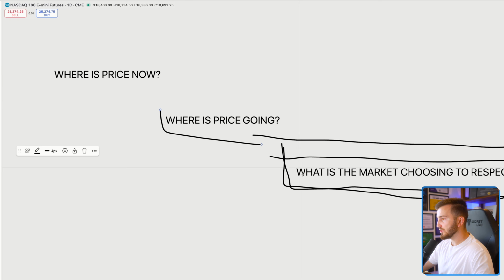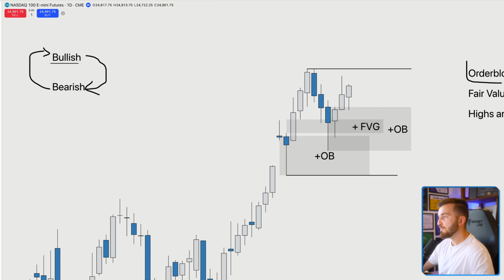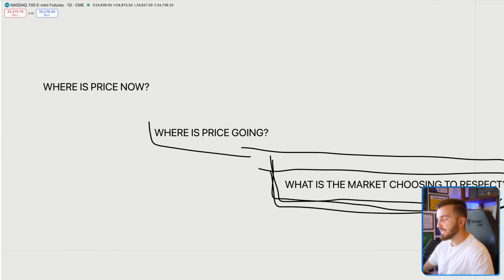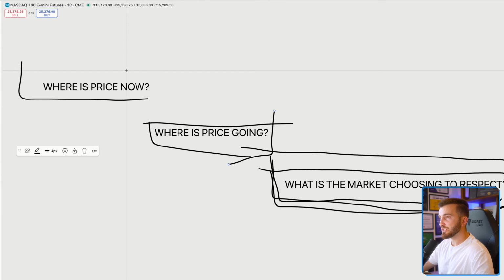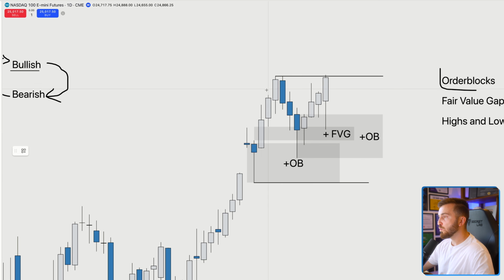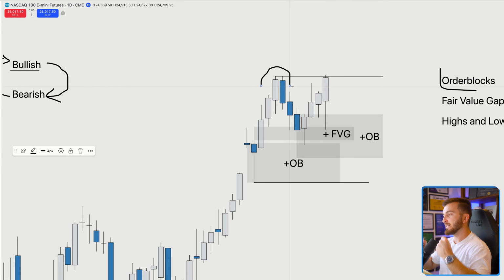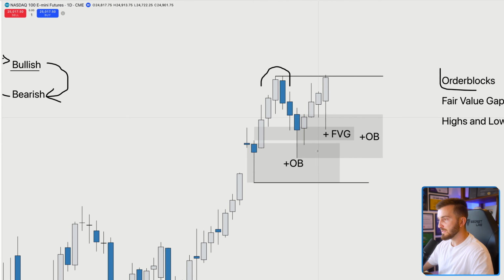And then let's go back to the questions. What is the market choosing to respect? The market is still choosing to respect the bullish fair value gaps and the bullish order blocks. So therefore, the market comes back towards the fair value gap, back towards the order block, and then goes towards the high. So the daily bias and the daily direction can be simplified into one question. What is the market choosing to respect? Obviously, this will go back to the question of where price is now and where do you think that price is going. And by doing that, by understanding what is the draw of price, what is the magnet of price, and knowing where the market is at now, you will be able to define your daily bias.